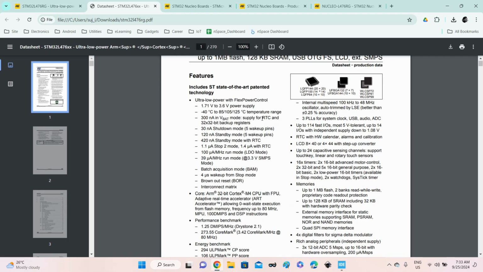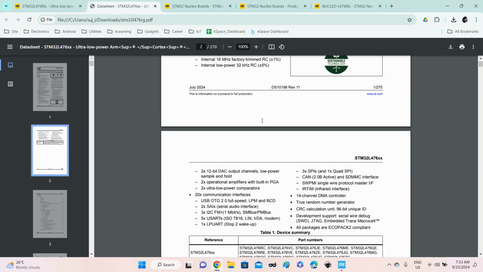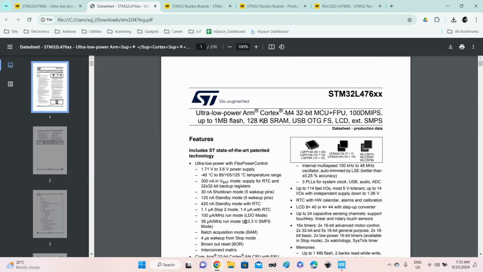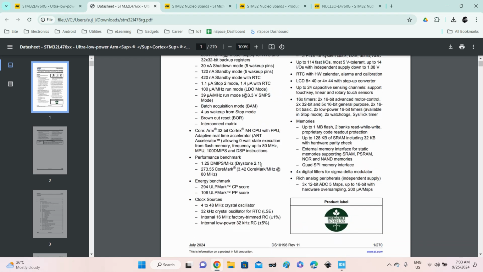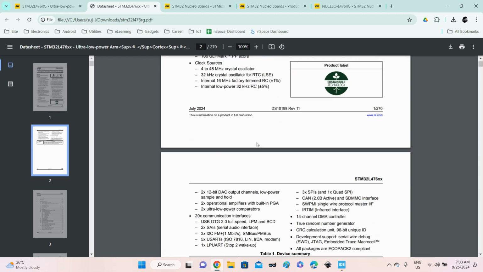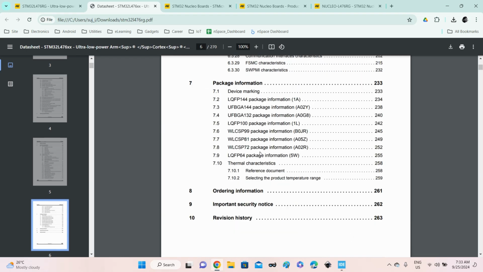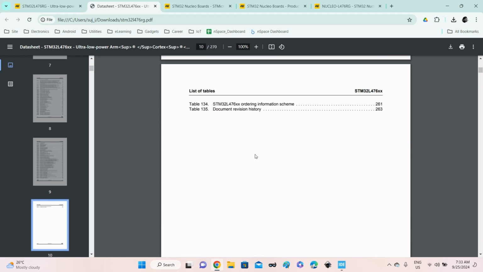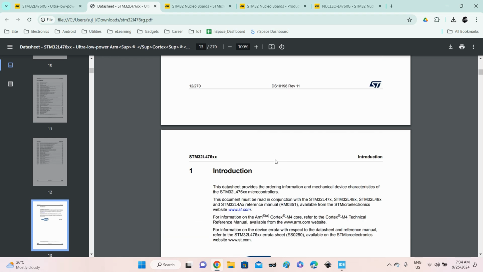So the datasheet is a good reference document. Anything we are starting with, we should have a look at the datasheet, and here we'll get details regarding what are the GPIOs, what is the clock frequency, all the registers to access all the peripherals, and so on. So yeah, I will not spend much time here unless it is required, but keep it handy before you start the programming. Okay,